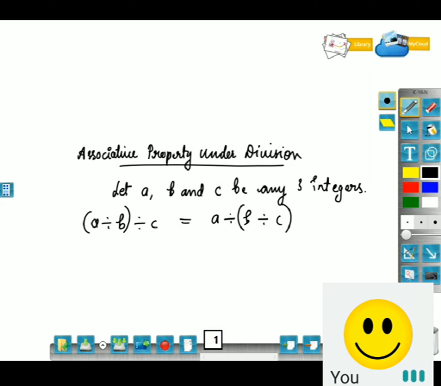Okay. So let me give some values for A, B, C. All of you check it and tell me whether you are going to get equal or not. So let us take A is equal to 5, B is equal to 3 and C is equal to 4. We'll take all the positive values only, because positives, negatives, all these are integers. All of you take these values and check whether the left hand side of the equation and the right hand side of the equation are equal or not. And all of you write your answers in the comment section.